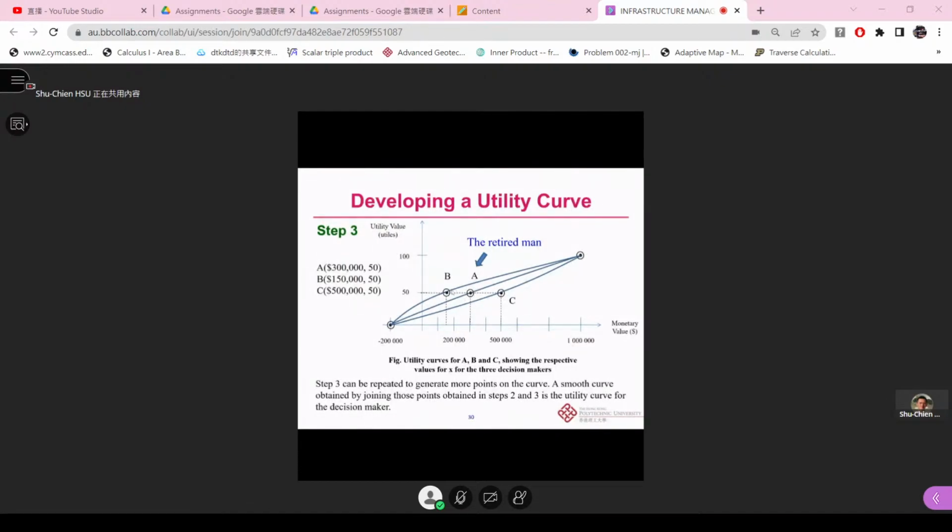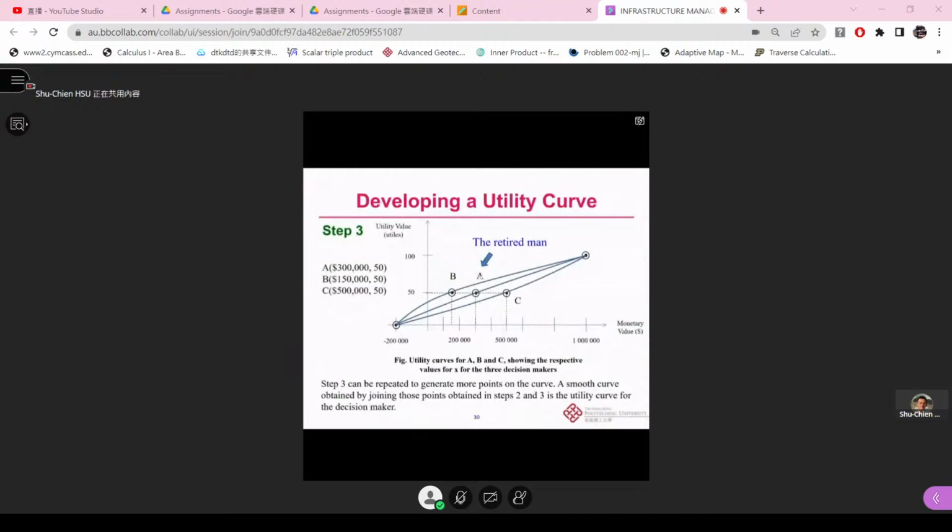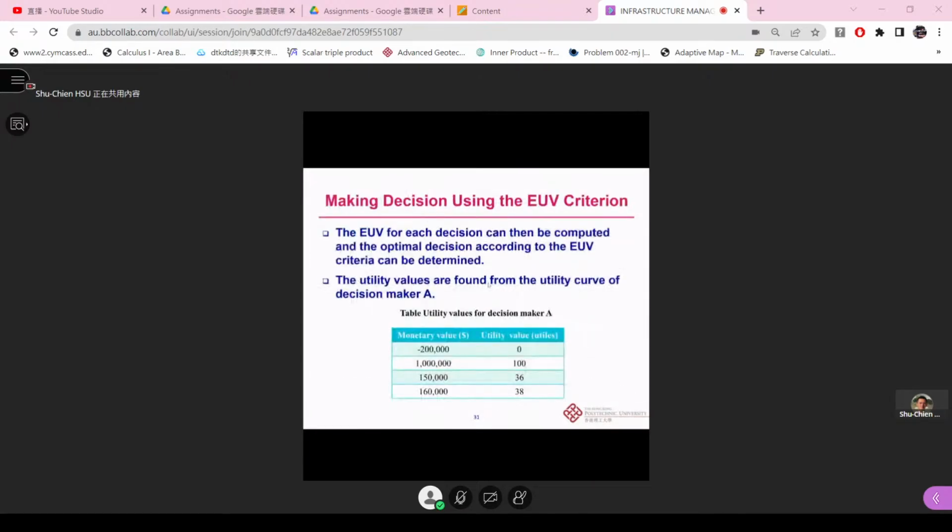Okay, and A and B are risk averters, which means the curve will be above the straight line. Then, if we think about the retirement decision based on the line A, the decision maker A, we can find out that for investment plan B, sorry, it should be investment plan 2,